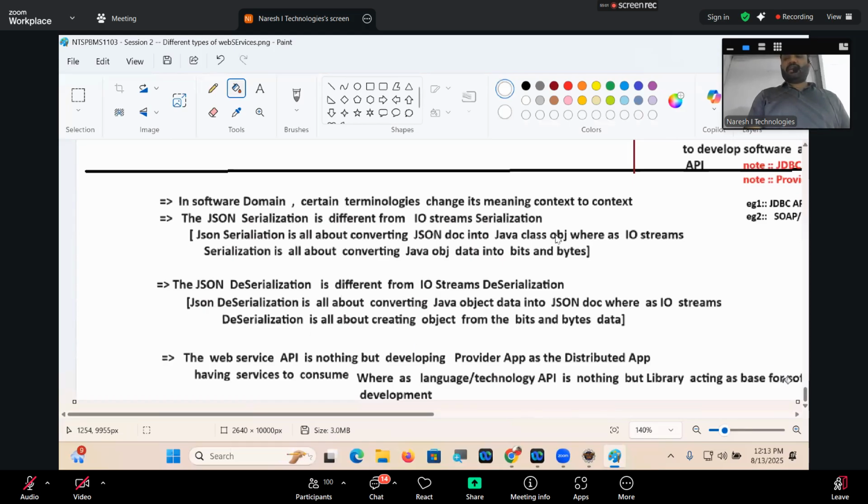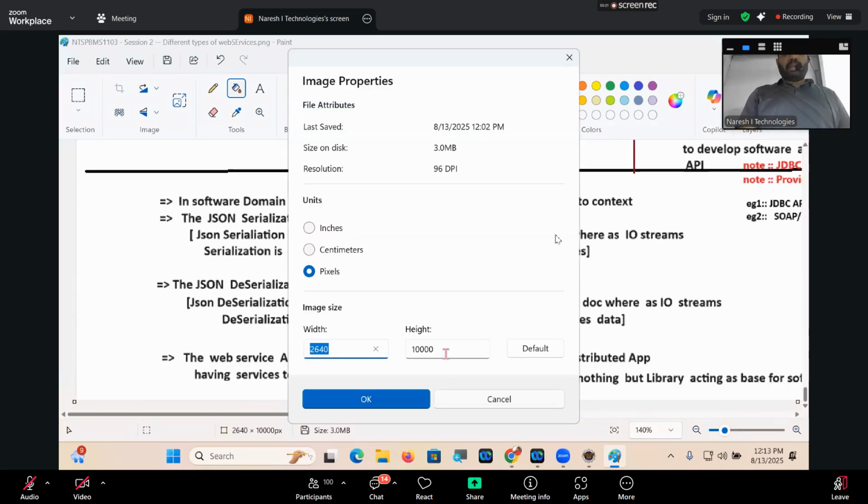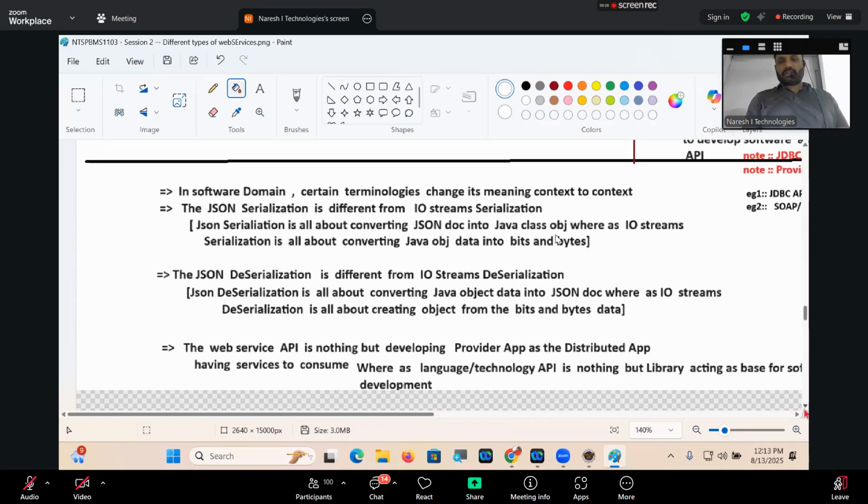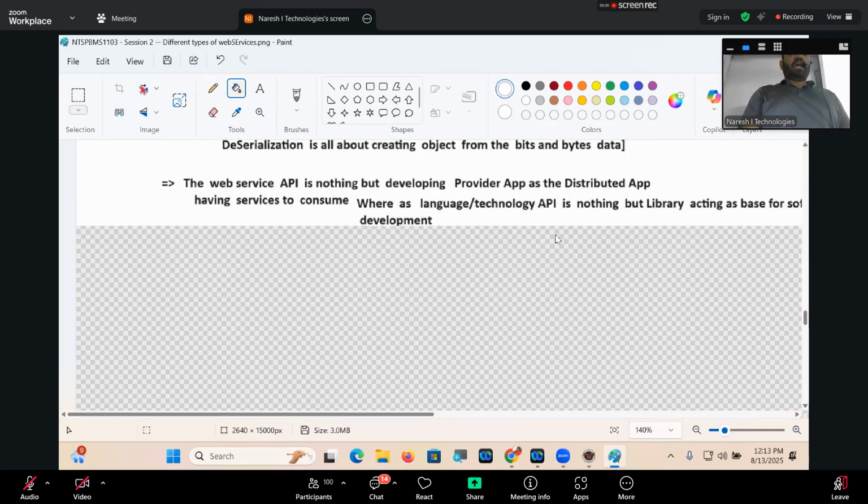Web service API is nothing but developing a provider application as a distributed application, having services to consume. Whereas language or technology API is nothing but a library acting as a base for developing software applications. Now, I'll try to give differences between